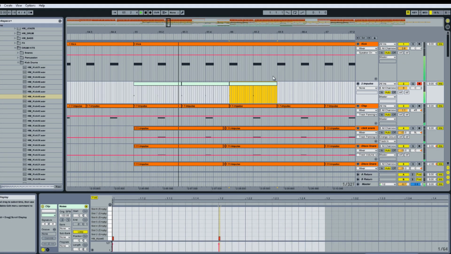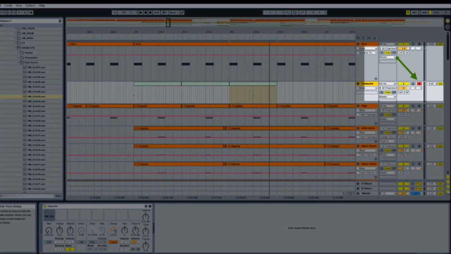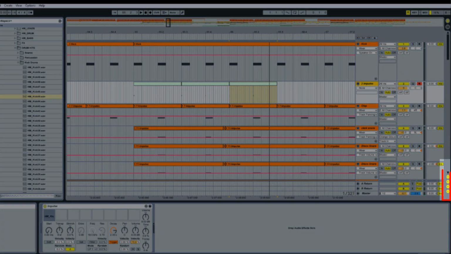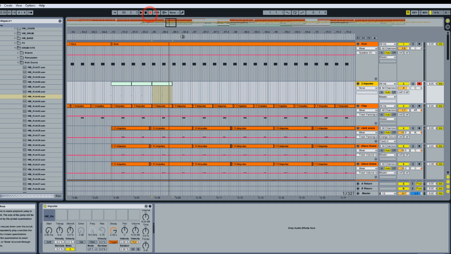The other option is to record the triggers in real time, firstly by ensuring the record arm is selected. If you can't see the record arm, ensure that all of these icons at the bottom right hand side of the screen are selected. Next, by using a MIDI keyboard or your computer's keyboard, find the key that corresponds with slot 1 in Impulse. You can see when it's working as the channel will light up green and the sample